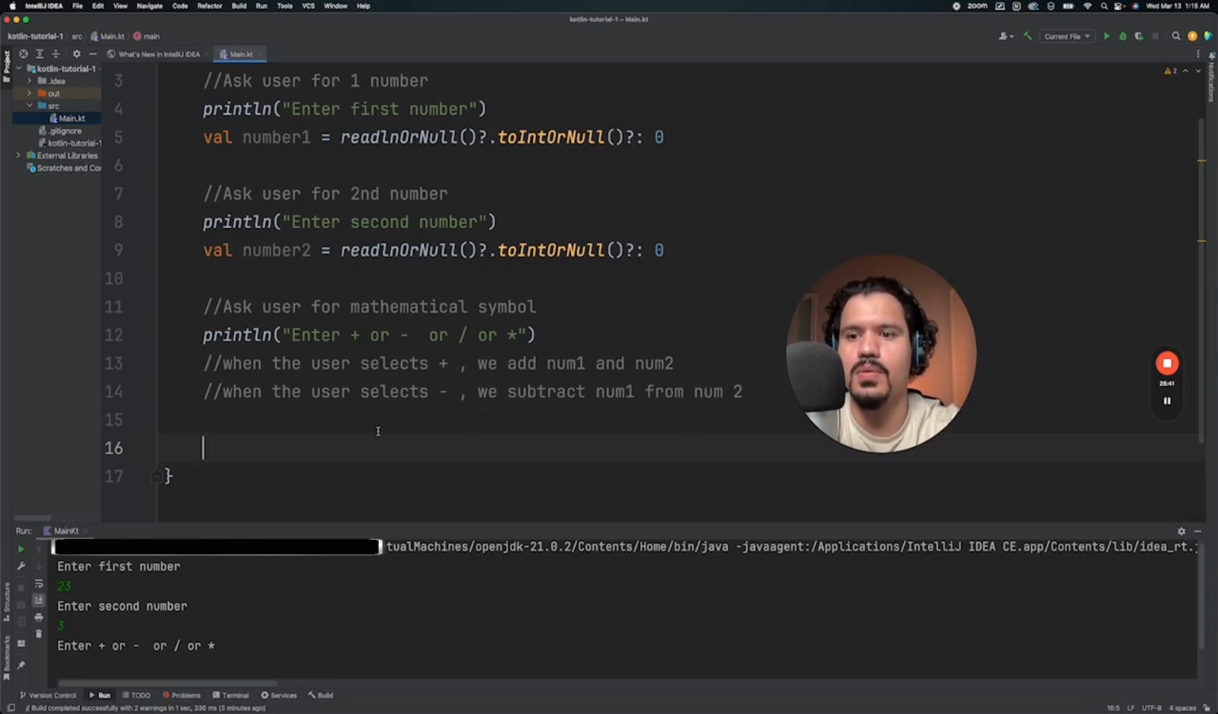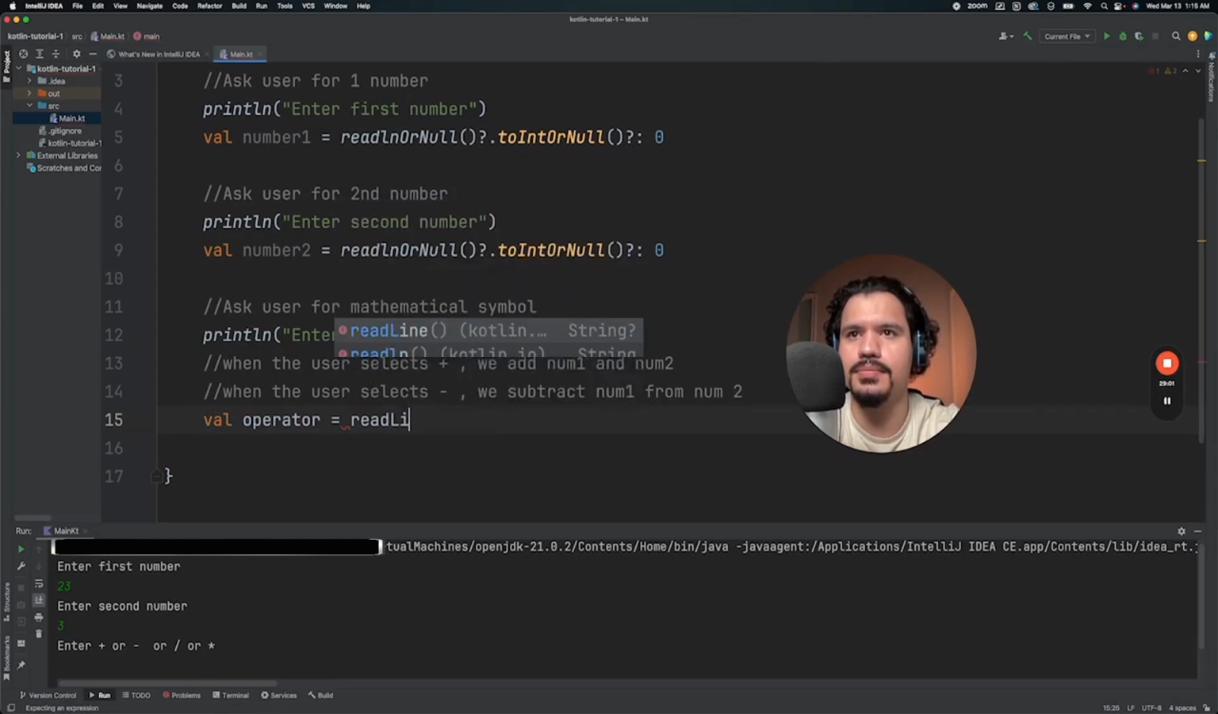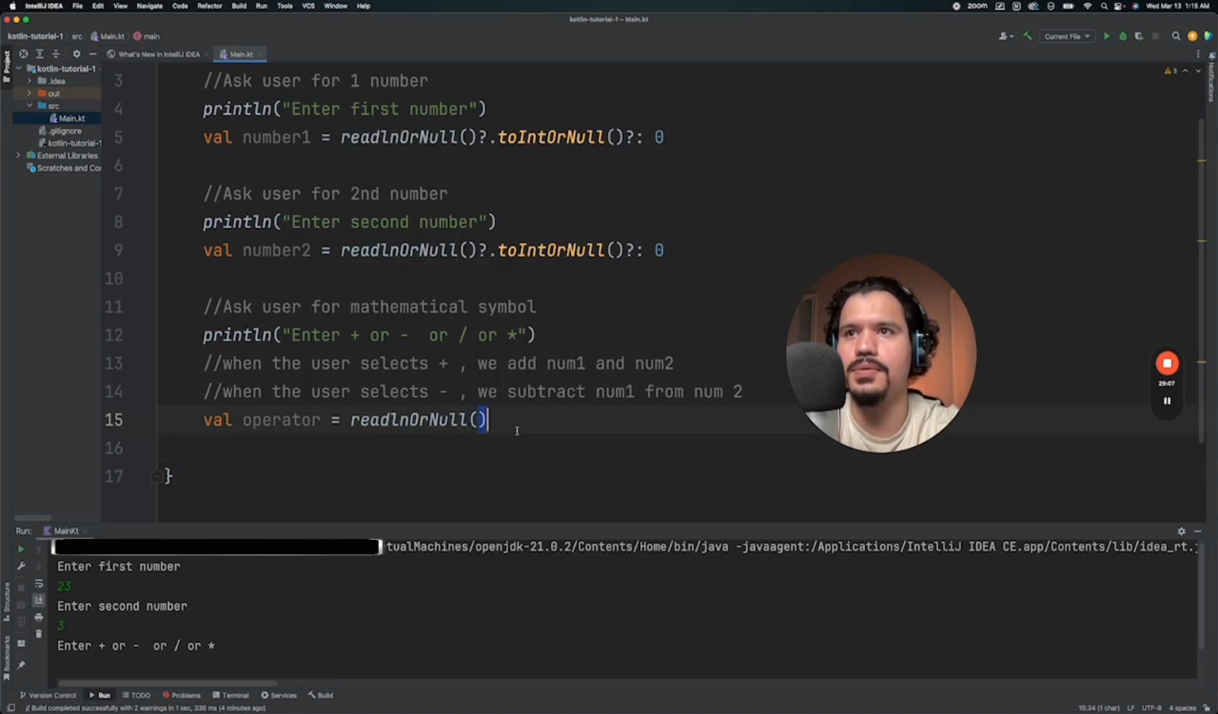So we're going to set our operator to be what the user selects, right? So we want to ask for input again. So we're going to set the val operator is equal to, we're just going to set it to readLine. And then we're gonna input our when statement. So then our val result, which is what we perform the actual math here, is gonna be equal to, depending on the operator we select,